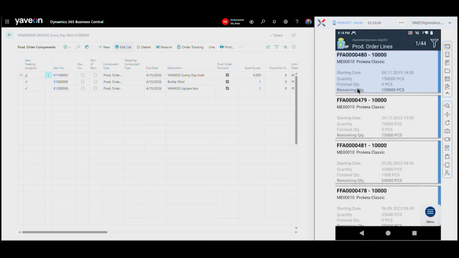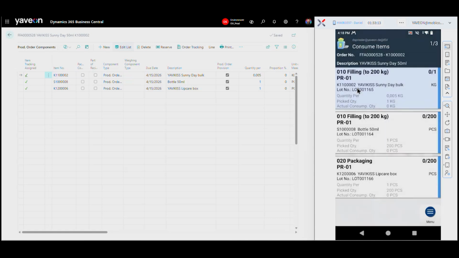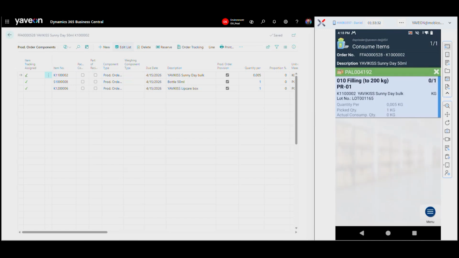Now it's very simple because I simply scan my production order. It automatically pre-fills my order number on the top. And now in the second step, that's why we printed the load carrier label. It's very user-friendly because now I simply scan my load carrier number, my load carrier label. And then we can see it automatically pulls the load carrier information on the top.